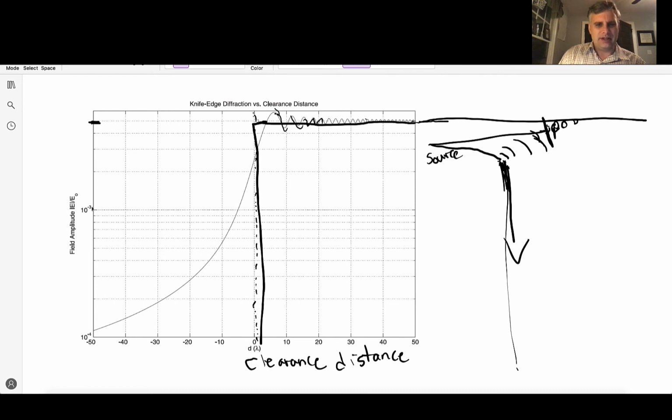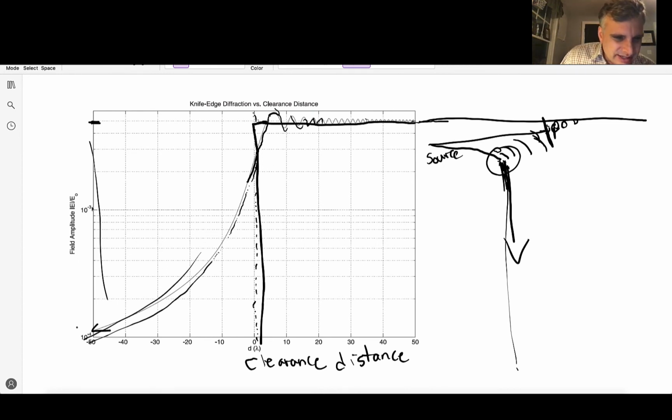You see some big constructive peak interference, and then even before you get obstruction by that edge here, you start to fall off the table. And on this logarithmic amplitude scale, the diffracted field just dies very, very quickly, to the point that you're 2 orders of magnitude down here with a 50 lambda